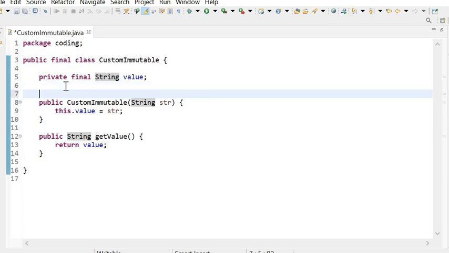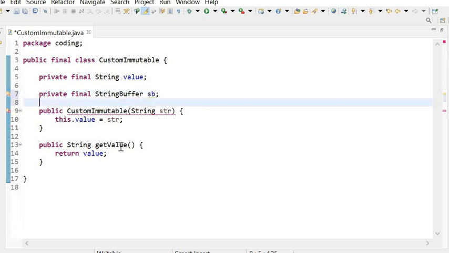Like, if I have declared one more private final StringBuffer object that is a mutable object, now we need to take more extra care.